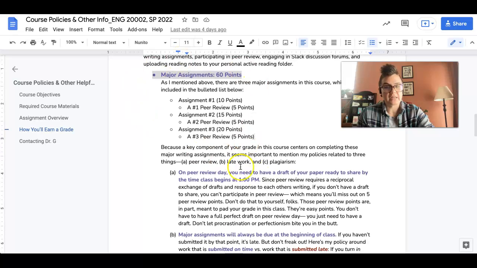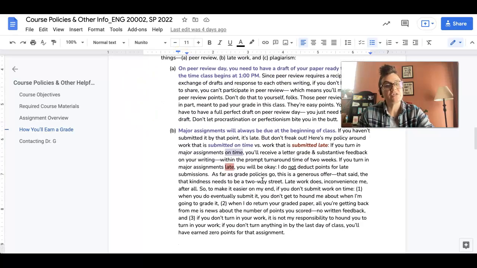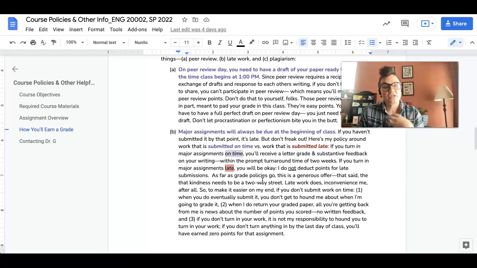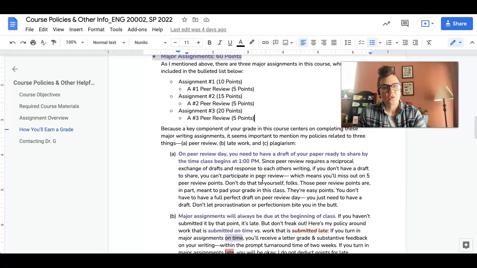Yeah, so this is just going to go through these types of things. The one thing I do want to say about late assignments is that with the technical description and the technical instructions, the ones you do on your own, I don't have a late policy in the sense like, oh, you lose points if you don't turn this in. The thing that happens is that if you turn in an assignment late, instead of me reading your draft and giving you written feedback, no points are taken off. When I give you the grade, it's just going to be the grade on it,